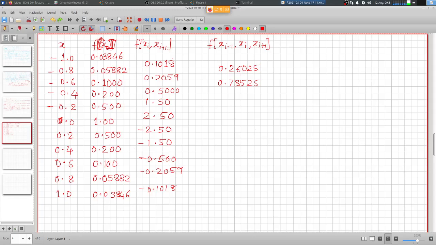In the end we will end up with one point here that would be the n minus 1th divided difference, and that would be the coefficient of the nth degree polynomial. And from then onwards we will keep on picking up the top of these numbers and accumulate the terms. I mean, the approximating polynomial would then be given as